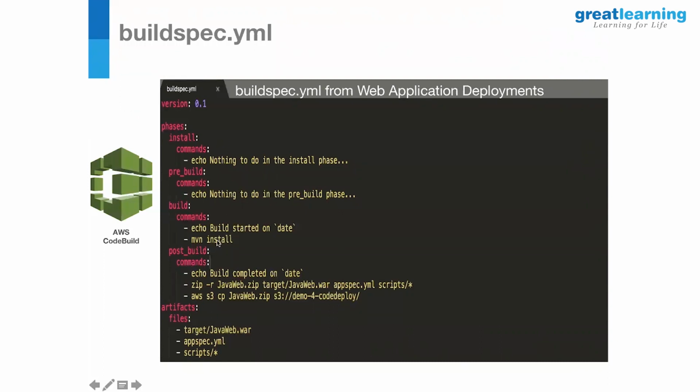And as part of build, I'm installing Maven. It is supposed to be done in the install phase. It doesn't make a big issue having this configuration here, but ideally it has to be placed there. To show the difference, I put it in different places.